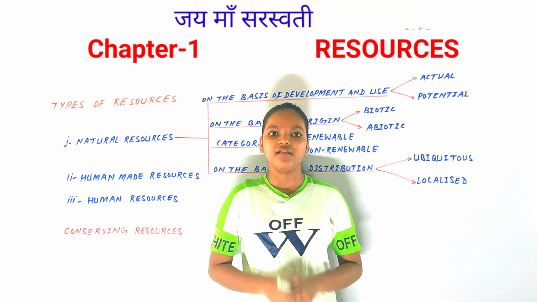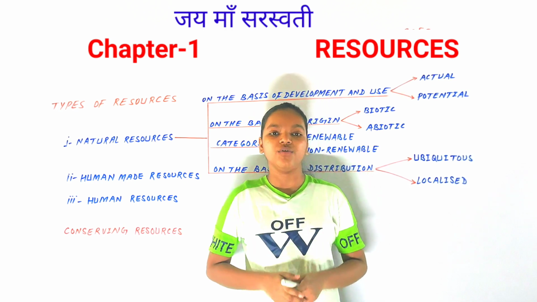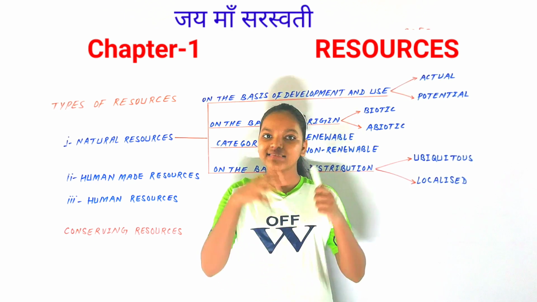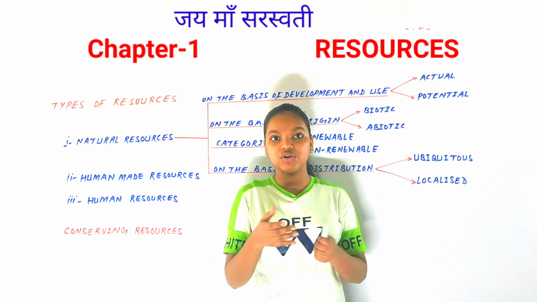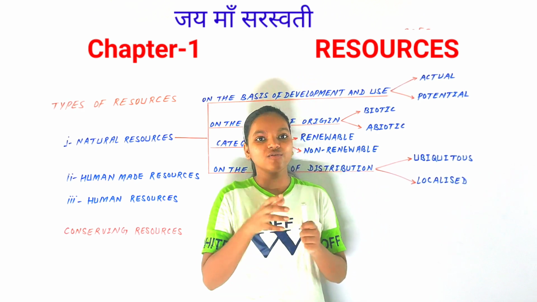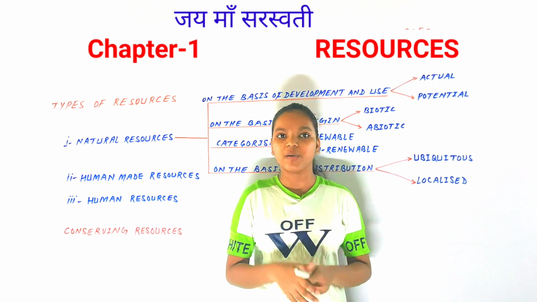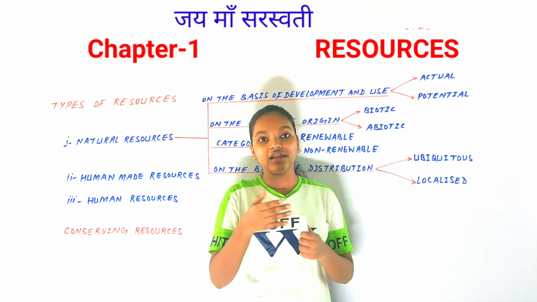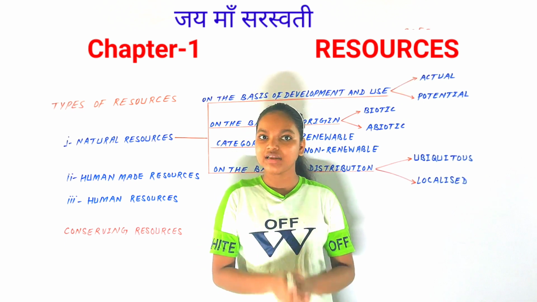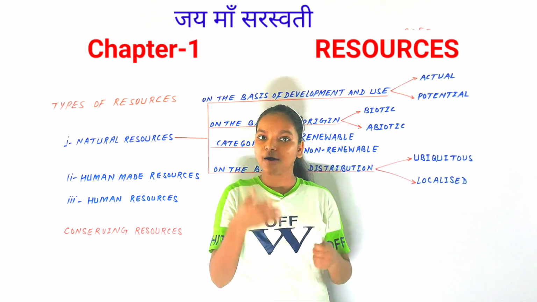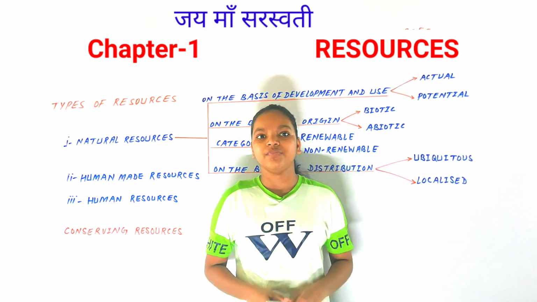be non-economic as well. For example, a metal like gold or diamond has an economic value, but a beautiful landscape does not have an economic value, yet it has its own value, like its beauty, like its nature. So resources are those substances or objects that can be used by us and that have value, worth. Because of worth and usability, resources are resources. Any object or substance can be a resource if it has worth or usability.